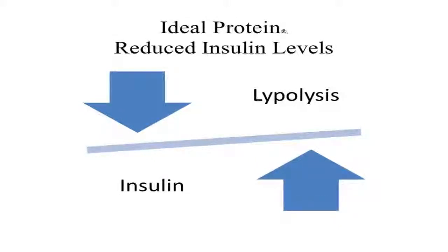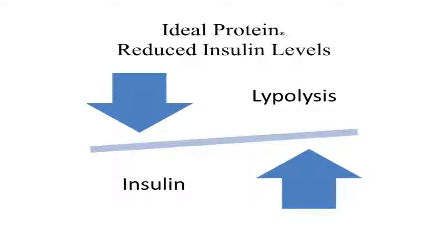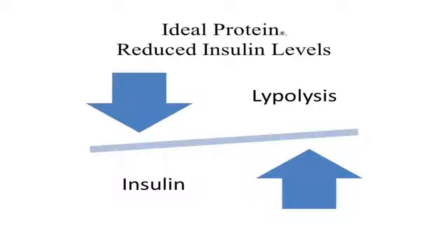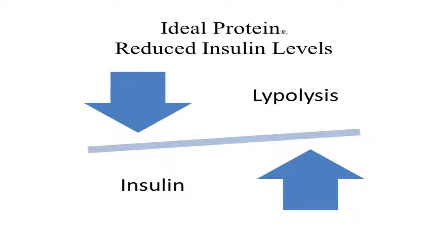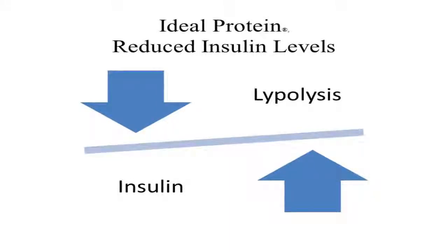To minimize your body breaking down your own muscle in order to make glucose via a process called gluconeogenesis, we provide it with sufficient protein in a form that is easily usable by the body. With time, the reduction in insulin will allow the insulin receptors to become resensitized, reducing the amount of insulin needed. This is key because it is the reduced sensitivity to insulin that causes weight gain, hypertension, diabetes, and elevated levels